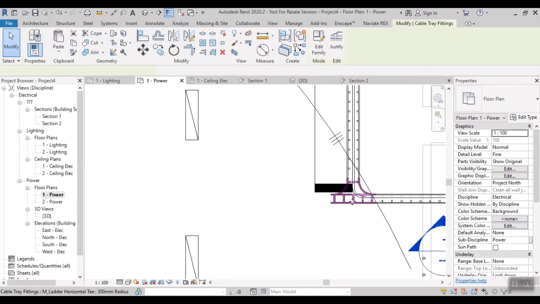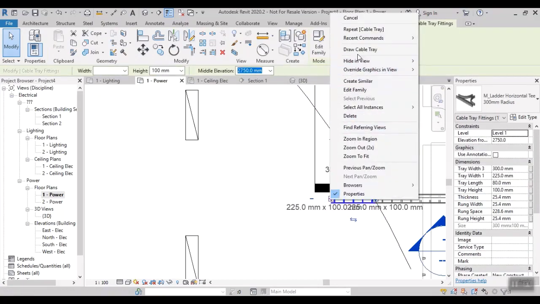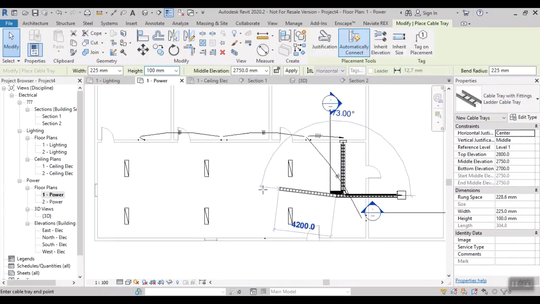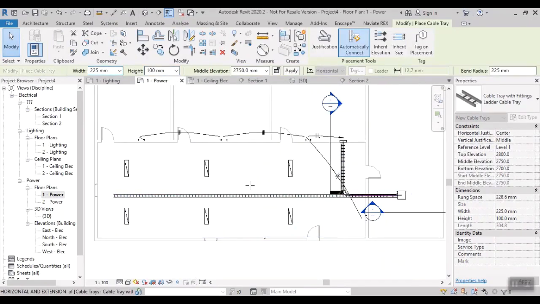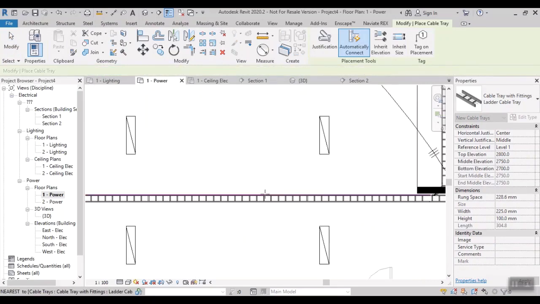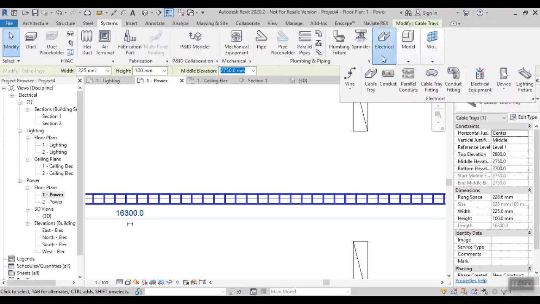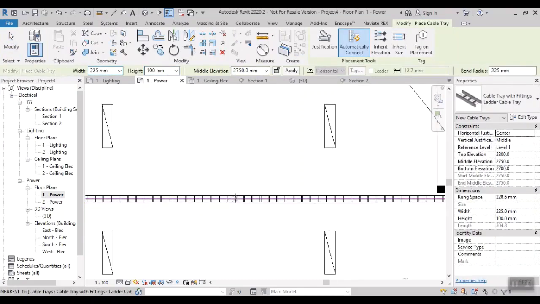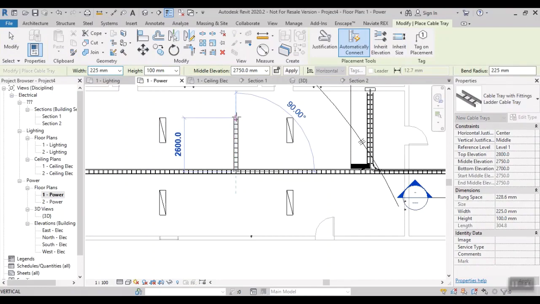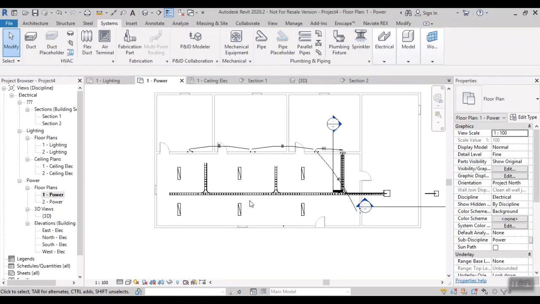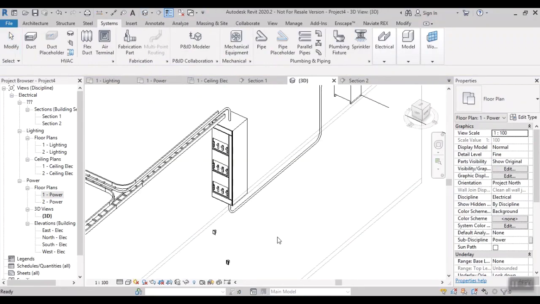and just right click, draw cable tray. Okay, and I need an elbow from here, so select the cable tray and go to the system, electrical, cable tray, and draw the cable tray from the midpoint, that is the center of the line. So automatically it takes the reducer, that is a T reducer. Here also I'm going to draw, yeah, it's looking good, right?